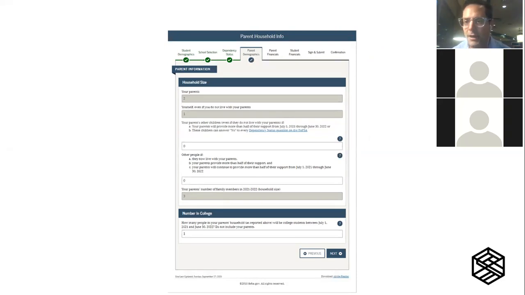So it's going to ask you about parents, how many parents are in the household. It'll ask for yourself, to qualify the student as a person in the household. And then it says, do you have any others that are living in the household? And it will give you the criteria for that, A, B, C. Then we'll look at the number of parents in the house. It will automatically calculate the household size. And then you'll put how many are in college for the